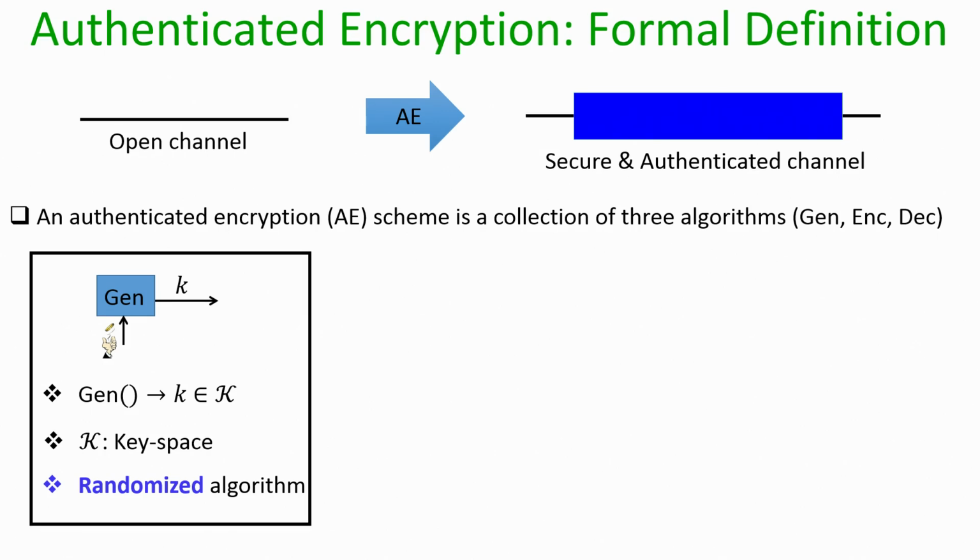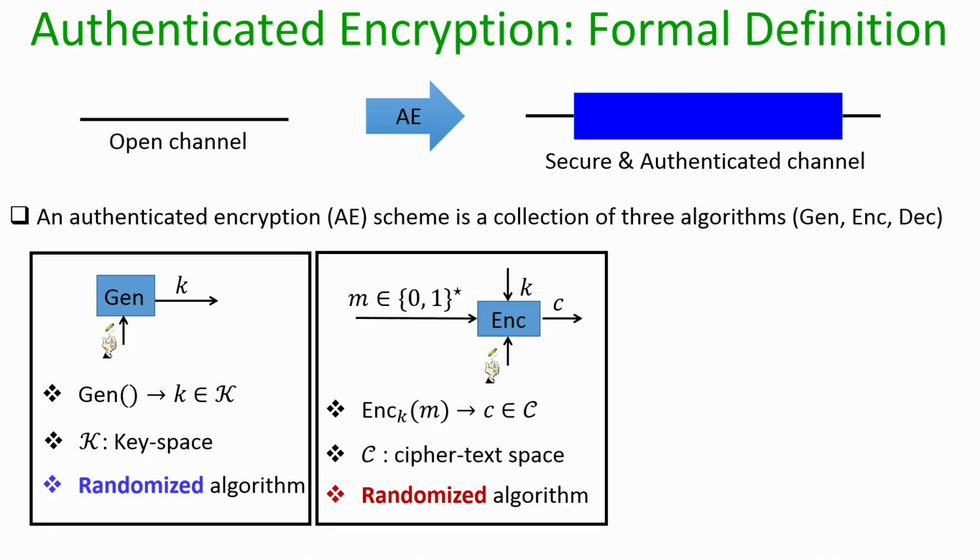and preferably it has to be a randomized algorithm, because if it is a deterministic algorithm, then the adversary also will know exactly what key the sender and receiver are going to obtain by running the key generation algorithm. So, that is the syntax of the key generation algorithm. The encryption algorithm takes the plain text which you want to encrypt and the key with which you want to perform the encryption, and it has to be a randomized algorithm. So, it has implicit randomness and it gives you a ciphertext little c belonging to the ciphertext space.